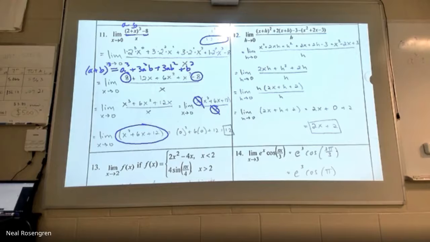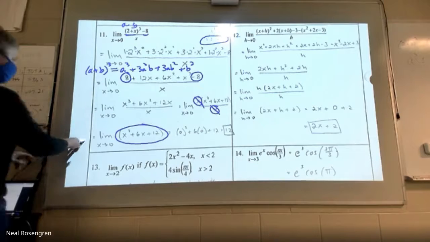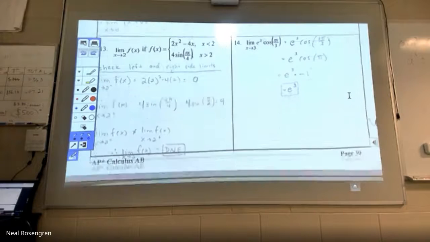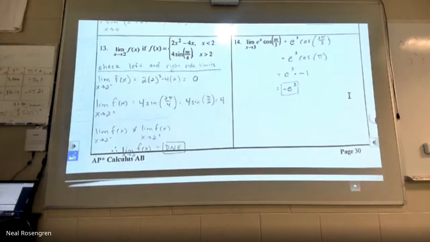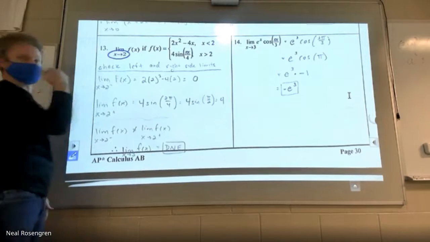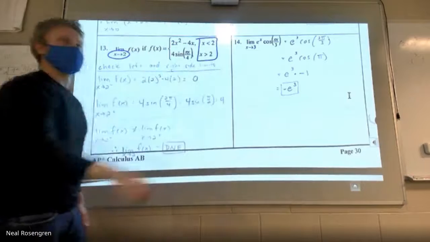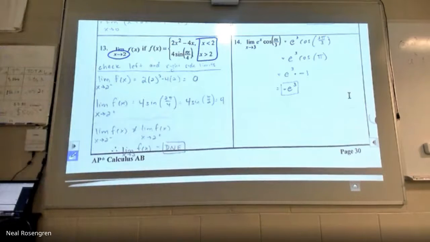So 13 was an optional one. The reason that I made it optional is because it was looking at a piecewise function. But if we look at the setup for it, it kind of tells us what we need to be able to do. So look at what x value we're trying to get close to, 2. And look at where the break happens in this function. One function stops at 2 and the next one starts. Now, neither of those include 2. It's not x is less than or equal to, or greater than or equal to. So the function is undefined at that spot.